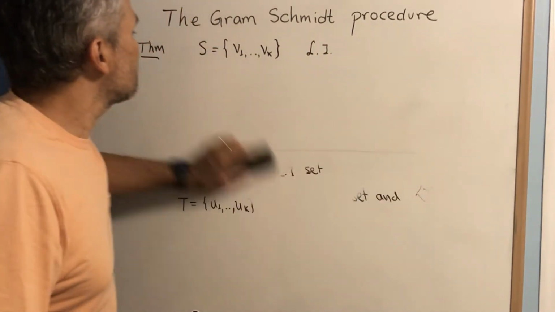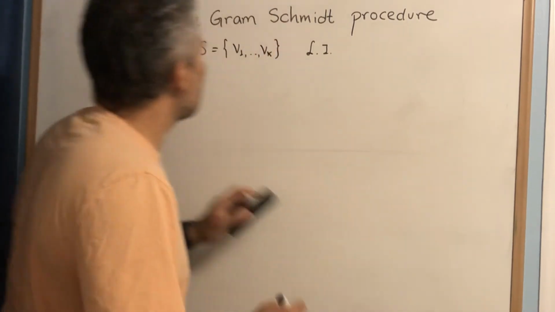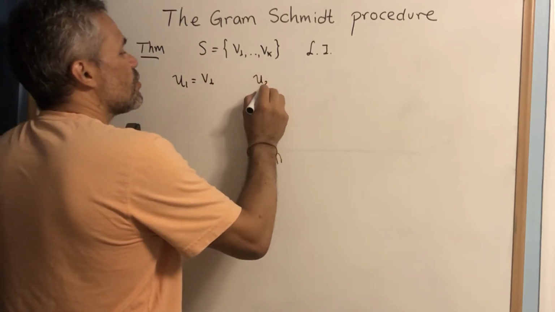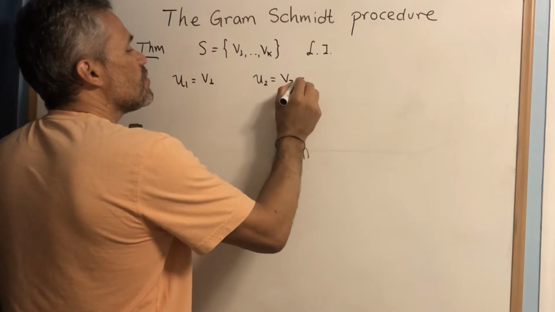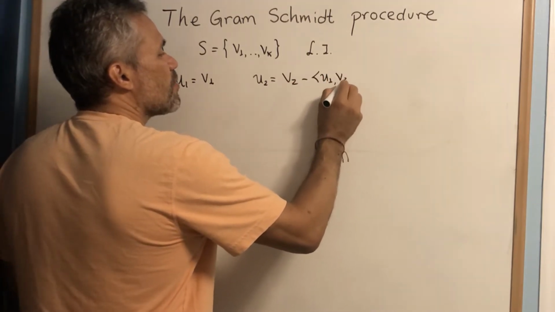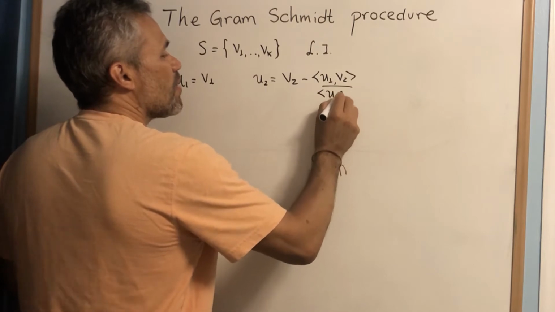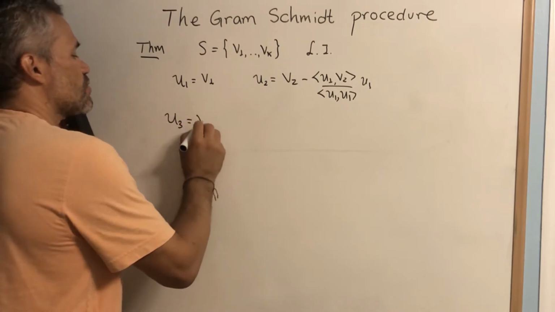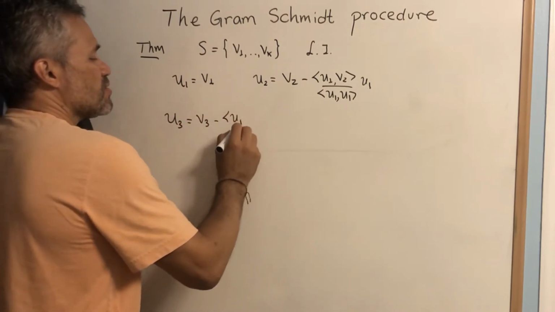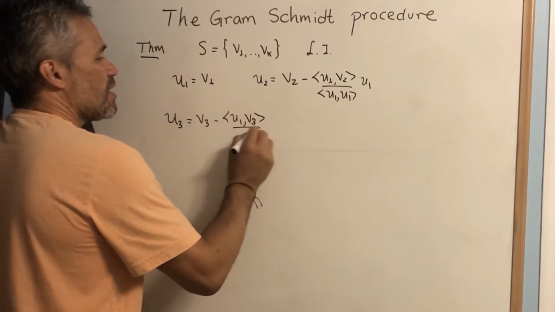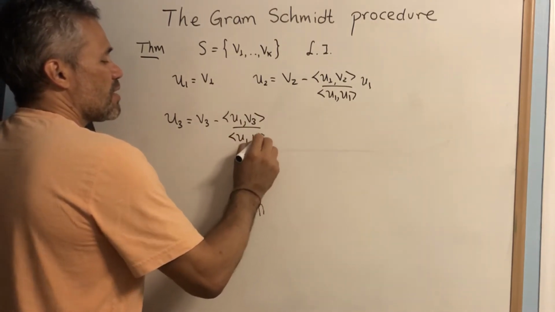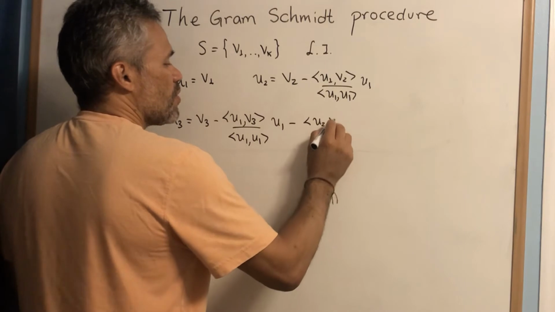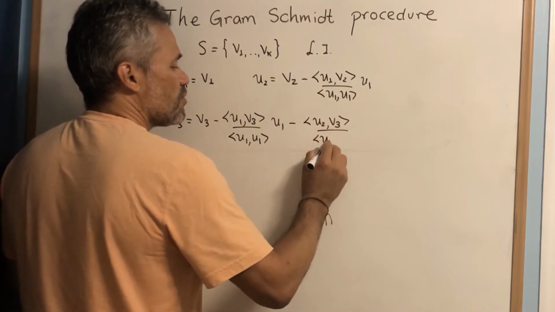And then, if we make U1 equal to B1, U2 equal to B2 minus ⟨U1, B2⟩ over ⟨U1, U1⟩ times U1, U3 equal to B3 minus ⟨U1, B3⟩ over ⟨U1, U1⟩ times U1, minus ⟨U2, B3⟩ over ⟨U2, U2⟩ times U2,